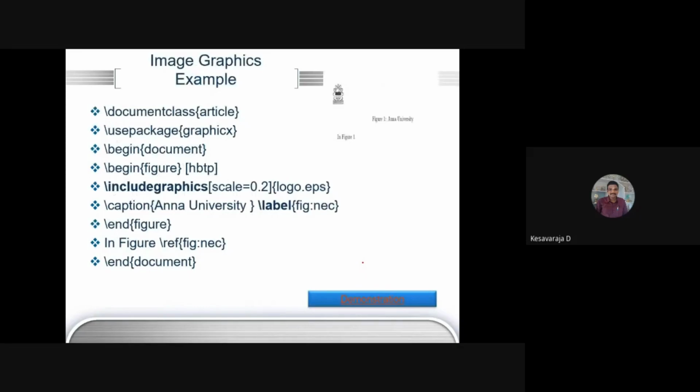Inserting an image is the easiest thing, and LaTeX supports many image formats. JPG is supported, PNG is supported, all kinds of image formats are supported, but the efficient format for LaTeX documentation is called EPS, that is Encapsulated PostScript format. EPS is an efficient format for including an image in a LaTeX document. So just a single markup, \includegraphics